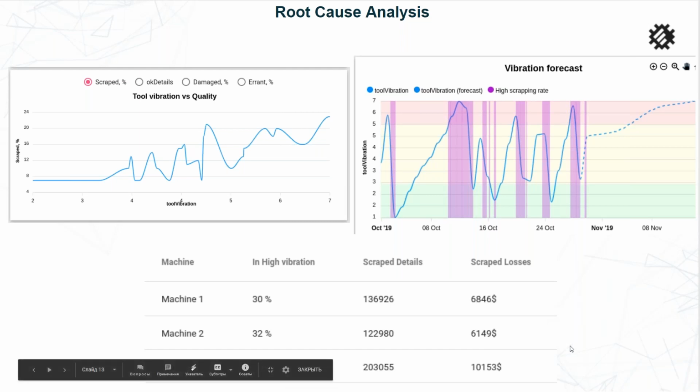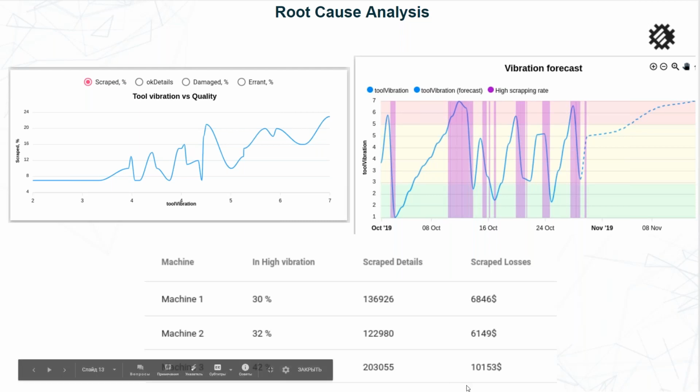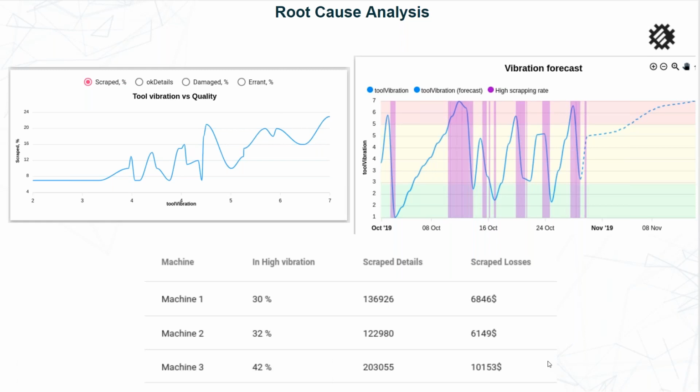Machine 3 spent more than other machines in that state. We can calculate the amount of scraped details and add money, right? Let's talk numbers, and we will see the losses to our budget because we are producing these scraped details,